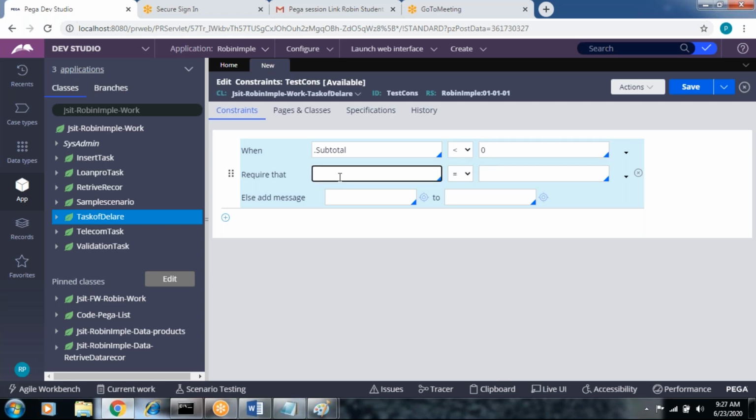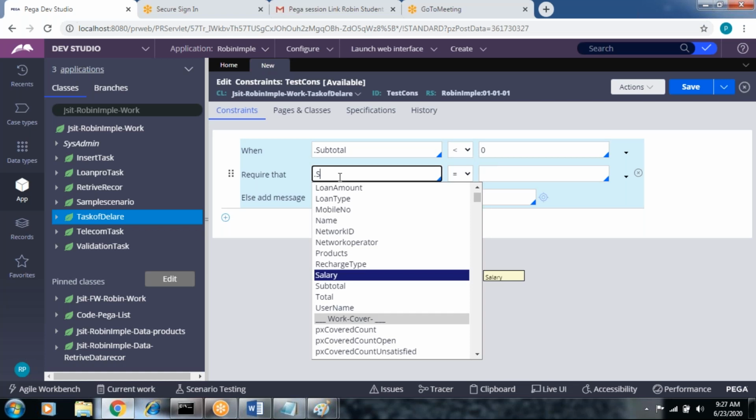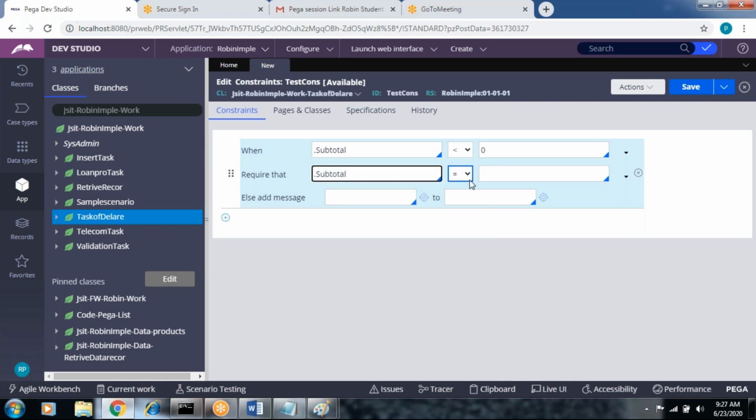The requirement is that the subtotal is always greater than or equal to 0. Else, pass the message.